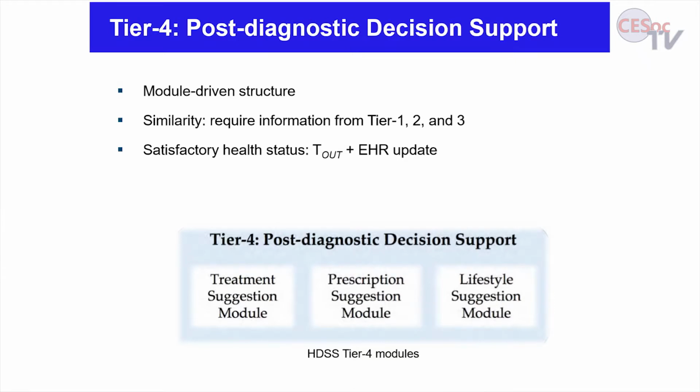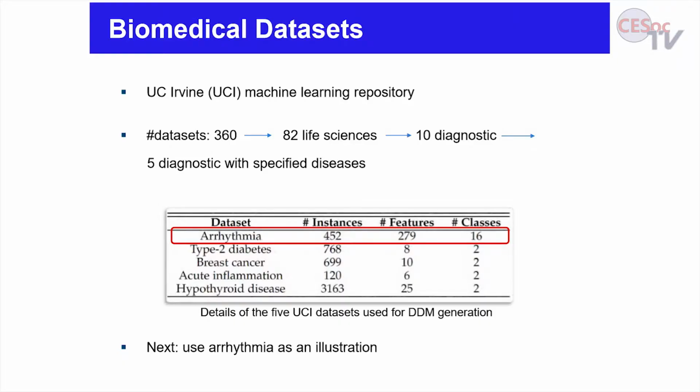So how would you verify the efficacy of a system like this? So we searched for data sets, and they're very scarce. So there is a source, UC Irvine, and they had 360 data sets, but only 5 of them, which are listed there, had the labels for specified diseases. And those are the 5